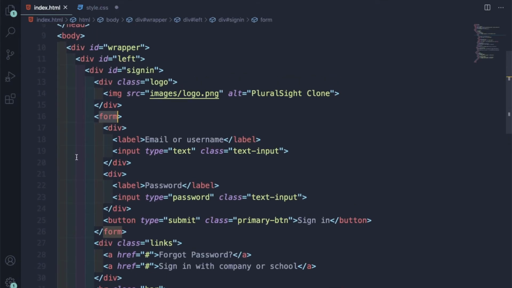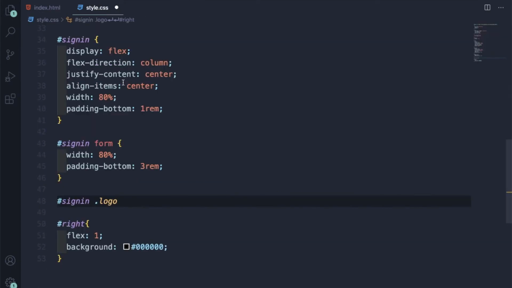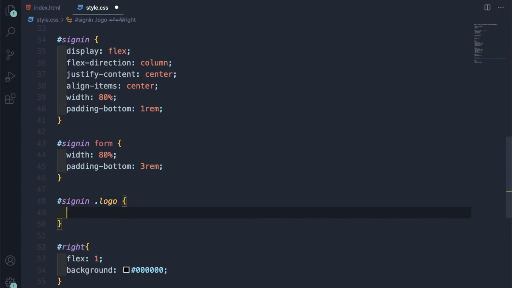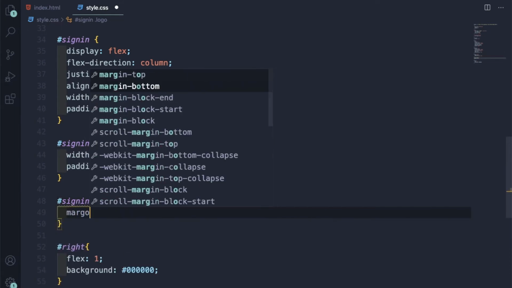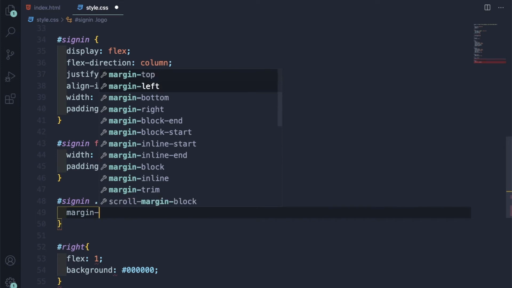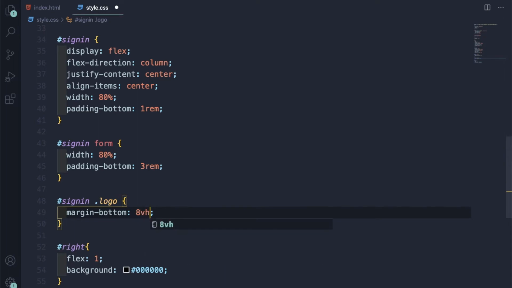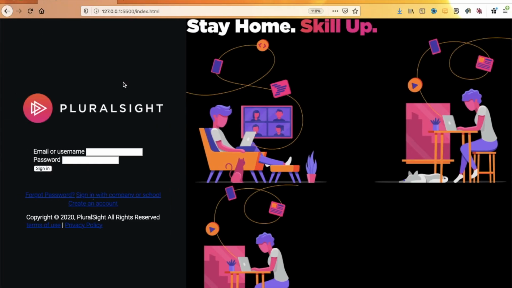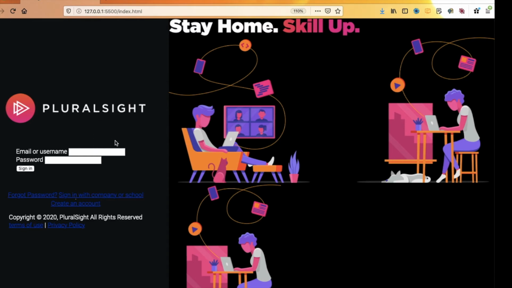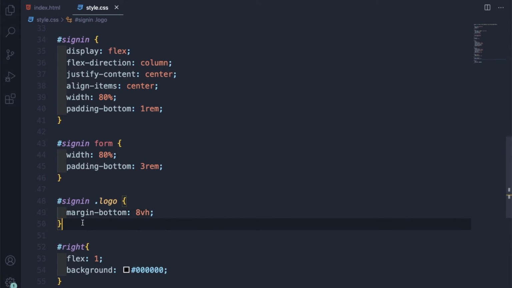We are targeting this logo now, and let me put a margin bottom, and in height we can use VH. So we can use VH here also, 8 vertical height, we can use it here also, and it will bring it up. This space will be created, and after that